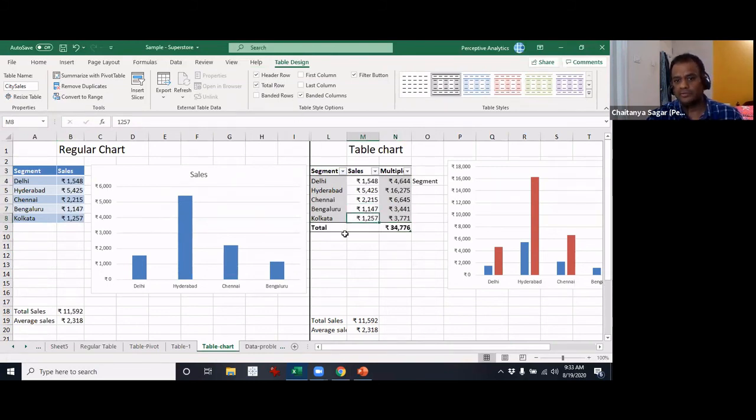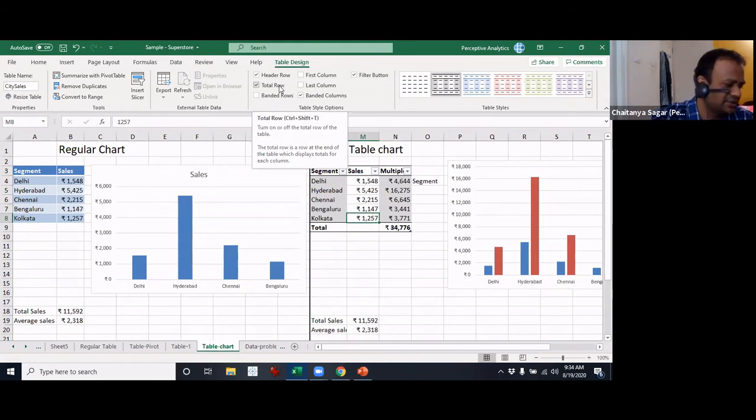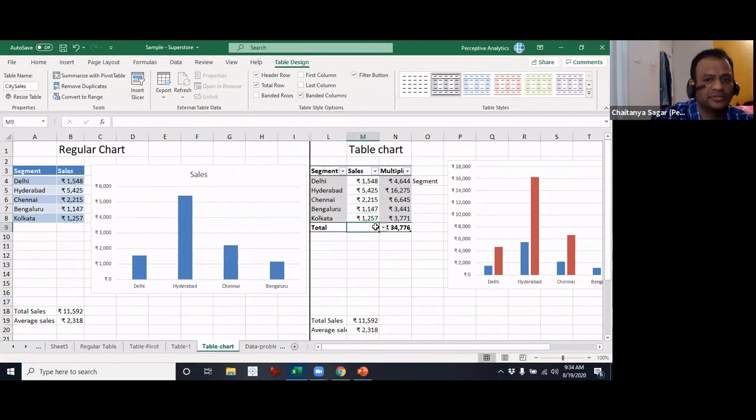Whenever you do this, if you add any additional rows, you don't have to update the column. If you add a new row right in between, you don't have to update the formula. In any case, you have what's called a total row, and when you click on it, you don't have to add the total manually. Unfortunately, it seems to have added just for the last one and not for sales. I thought it would add for this one also.